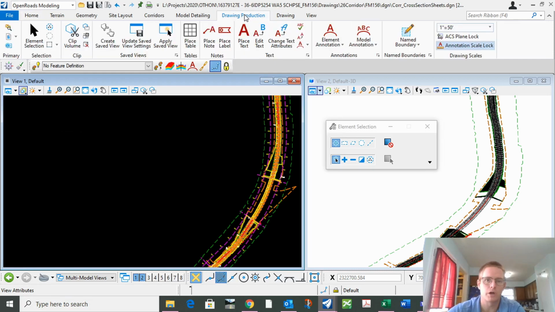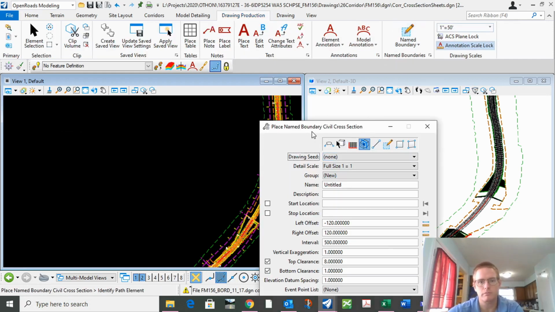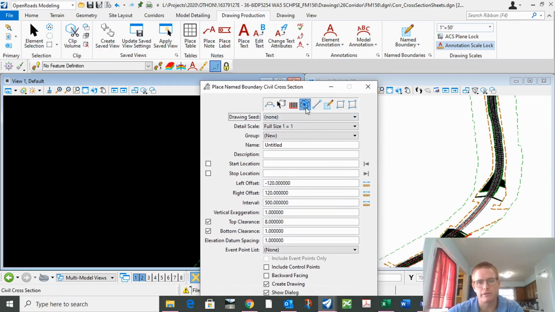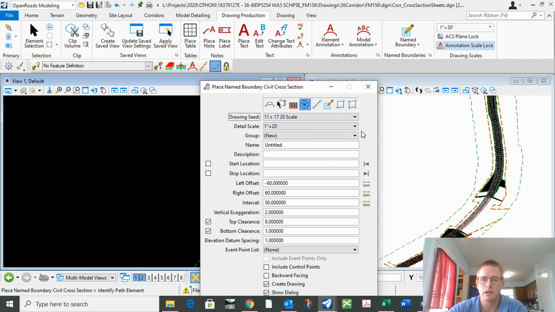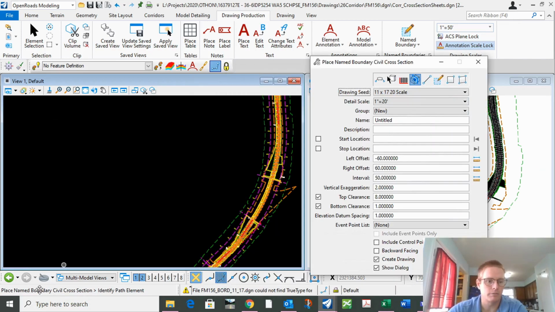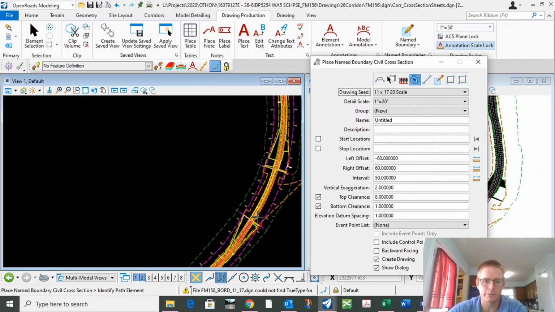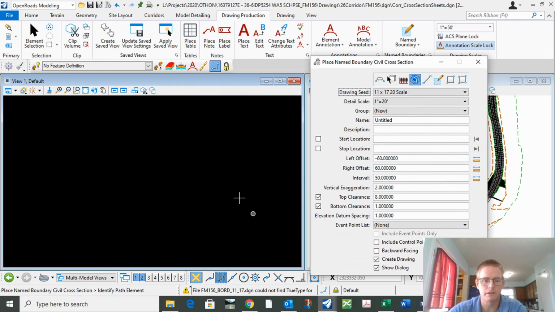We'll go to Drawing Production, Named Boundaries. Make sure that we have civil cross sections selected. And the drawing seed, we're going to do 11 by 17 at 20 scale. And it's asking identify pass element. So we'll go in and select